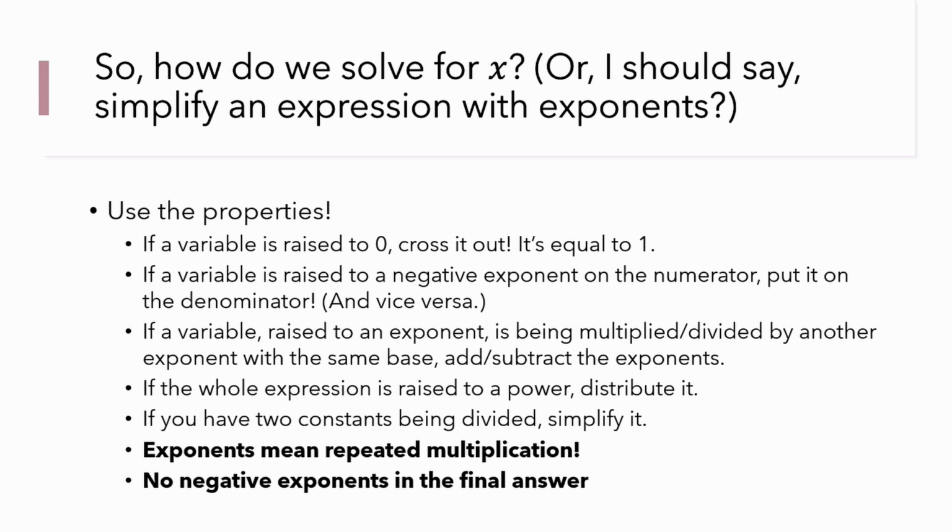Why is this so? As I explained a few slides back, if we have something like x squared over 1, because, well, that's what x squared is, if we take the reciprocal of this, it would equal 1 over x squared. And 1 over x squared is equal to x to the power of negative 2.